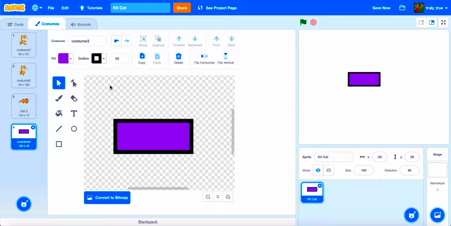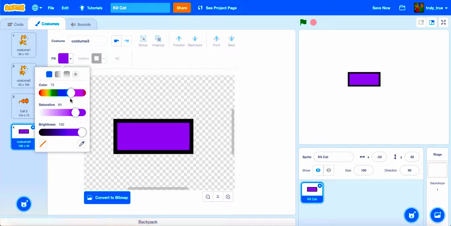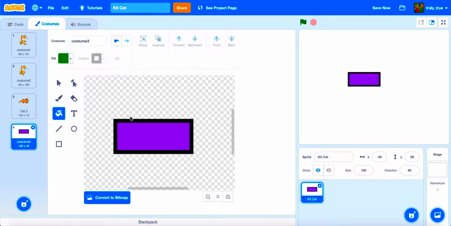Now, there are a couple more things that you need to learn to create animations or really anything else. The first thing is the paint bucket tool. If I click this tool, you'll see all I can control is the fill. Now, if I select this fill, I can choose any color I'd like. So I'm going to choose green. And if I hover over a shape, it'll allow me to change the fill color of that shape